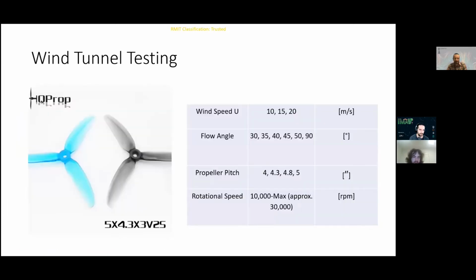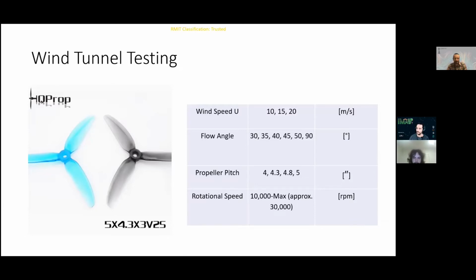Now, the propellers that were tested were all out of the HQ Prop V series. So they're all 5-inch 3-blade propellers with pitch from 4.3, 4.8, and 5 inches. Now, these propellers were selected as they have a fairly reputable history. And in this particular series, conveniently, a very nominally identical blade profile for each prop, just with an increase in